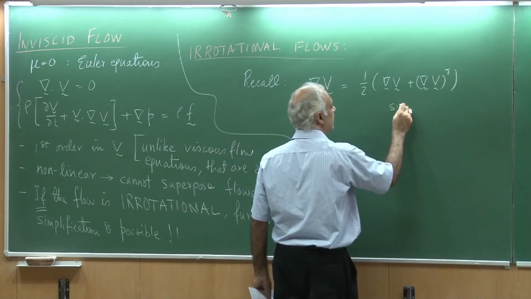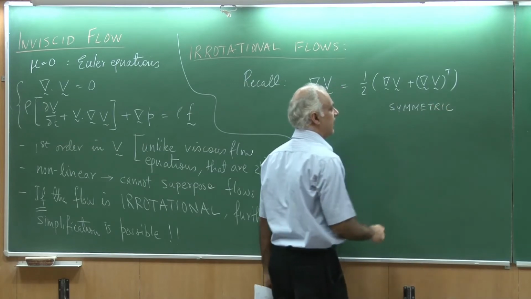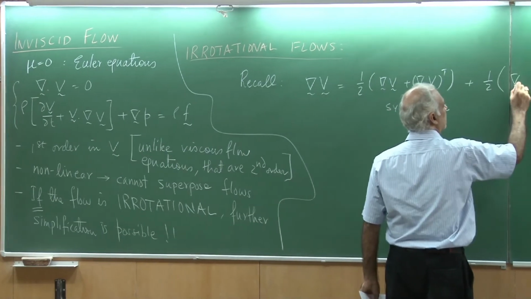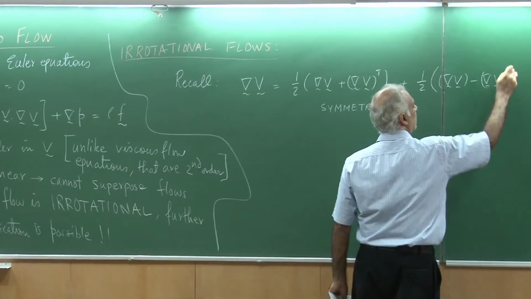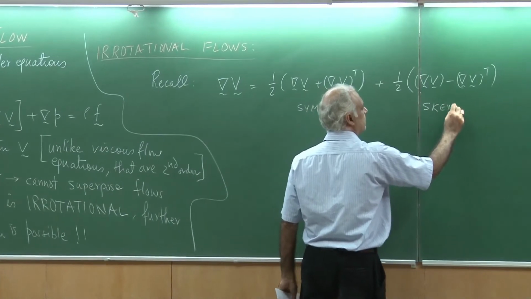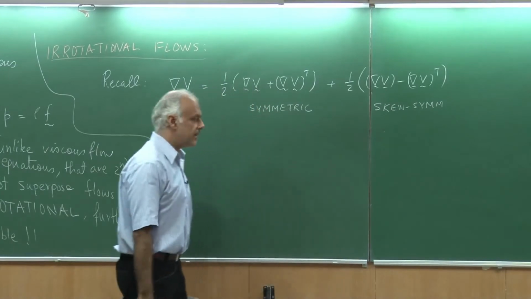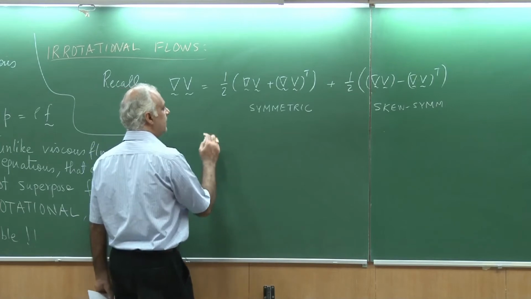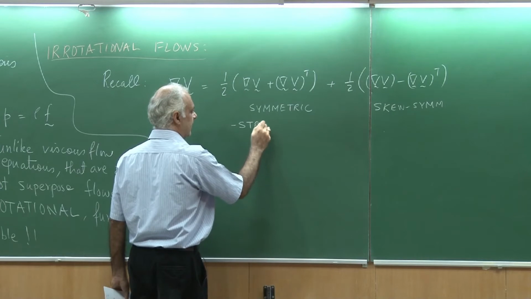So, this is the symmetric part, and then there is another part which is the skew symmetric part, which is gradient of V minus gradient of V transpose. So, this is the skew symmetric part, right. And what we were able to argue and show is that the symmetric part is actually the one which relates to the strain rate,